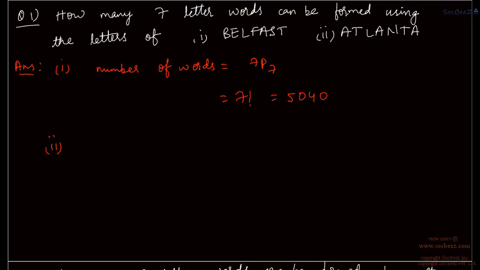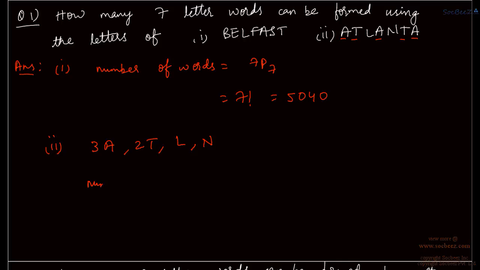The next word is Atlanta. Now here, this one is a slightly tricky one. This is the part which we discussed as the third part of permutations, right? There are a few letters which are repeated. So we have 3 A's, right? You have one A, second, and this is the third. You also have 2 T's. You have one L and one N. Total there are 7, right? 3 plus 2 plus 1 plus 1.